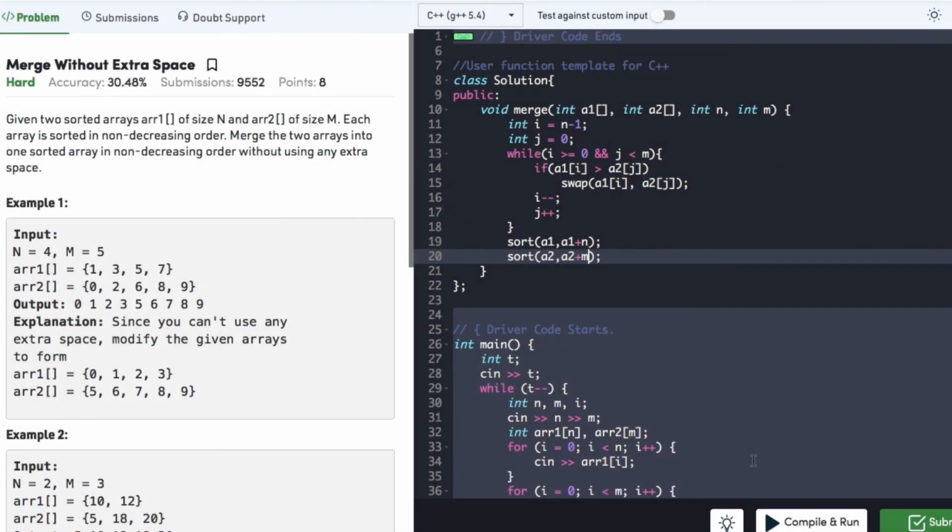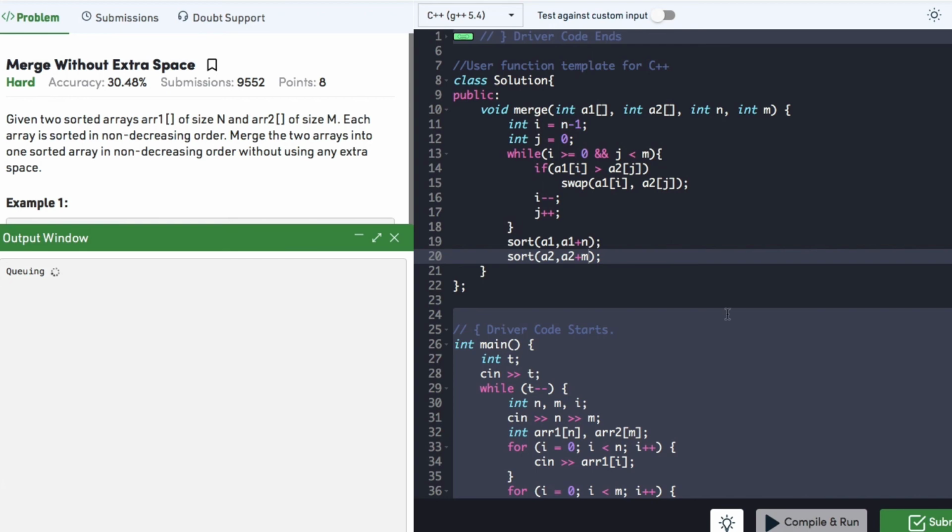We can compile to check whether it runs successfully. So our code is compiled successfully and we can submit it. And our code got submitted successfully.